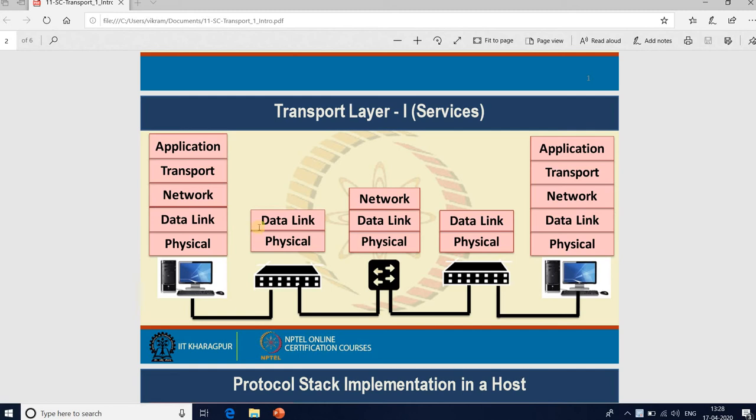The transport layer is within a hardware and software combination called the transport entity, located in the operating system kernel, in a separate user process, or in a library package bound into a network application. There are two types of transport services. One is a connection-oriented transport service, and the other is a connectionless transport service.